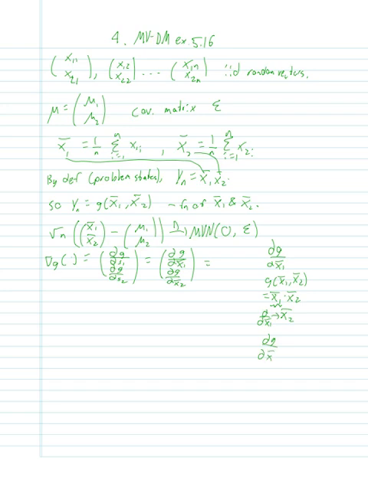And similarly, by symmetry, the partial of g with respect to x bar 2 is equal to x bar 1, right? So this gradient is equal to x bar 2, x bar 1,